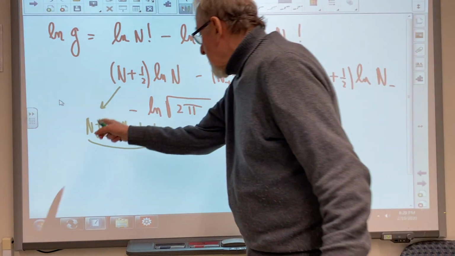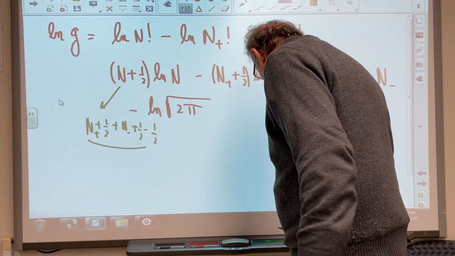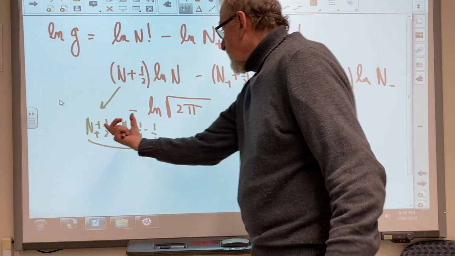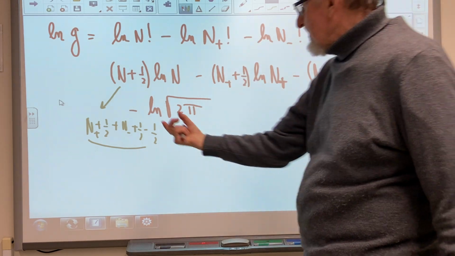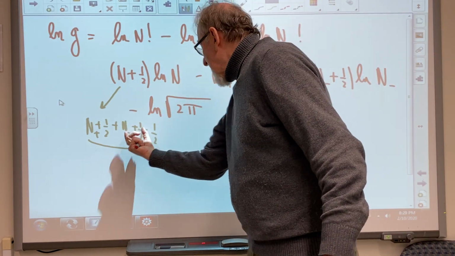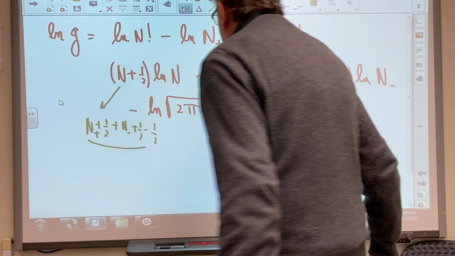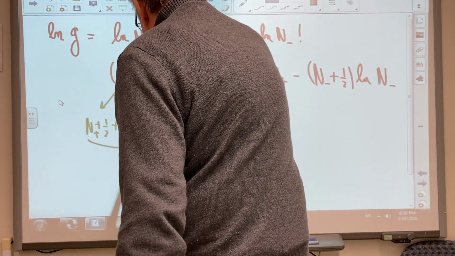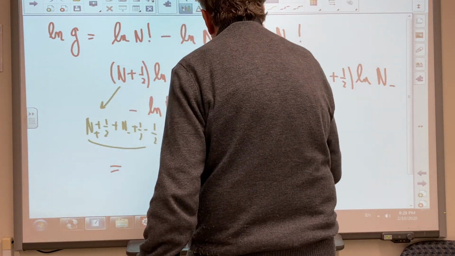This is n plus n minus is the n, 1/2 minus 1/2. Why do I want that? Because then the term n plus 1/2, I will combine it with this. And the term n minus plus 1/2, I will combine it with this. And so when I combine those two, and it is still an exact thing,